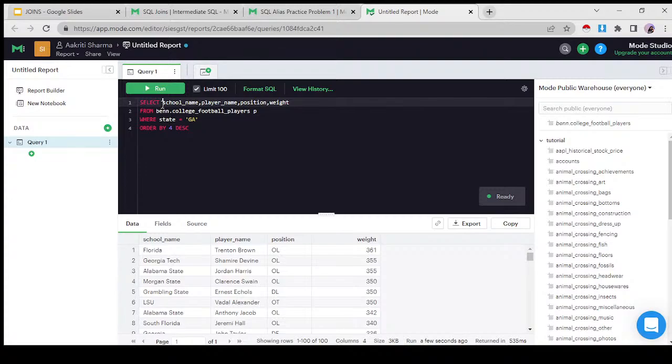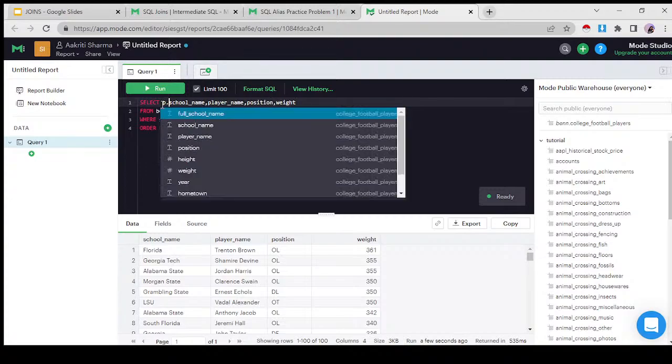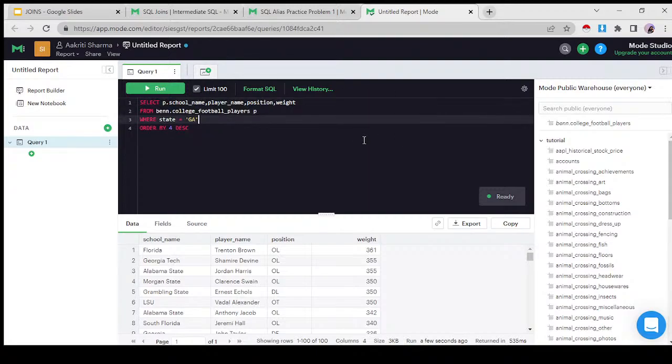This is very useful when you have multiple columns which have similar names in multiple tables. For example, if I had a name column in my table student and also a name column in my table teacher, how would I tell SQL which one of the two names I want? I would use an alias and reference it with a period, like s dot name, where I declare my alias as from students s. So I'll say s dot name, or t dot name if I want the name of the teacher. This is how you use an alias.